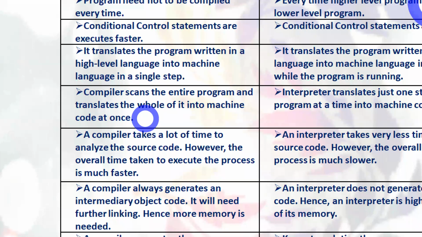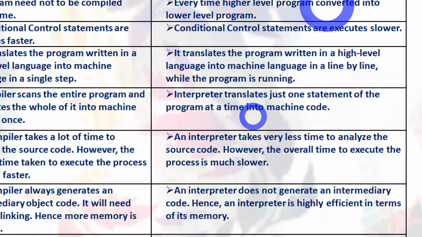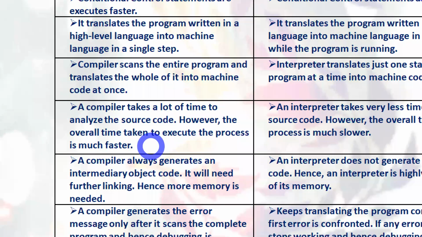What is the problem? Suppose I write some 100 lines of code, and errors are randomly on line 15, line 38, line 75, line 80. Assume 10 errors are there in the program. Here the compiler generates 10 errors at a time. It is very difficult to trace and identify and resolve the issues. But the interpreter is not like that, because it executes statement line by line, so we can easily fix the errors and bugs.